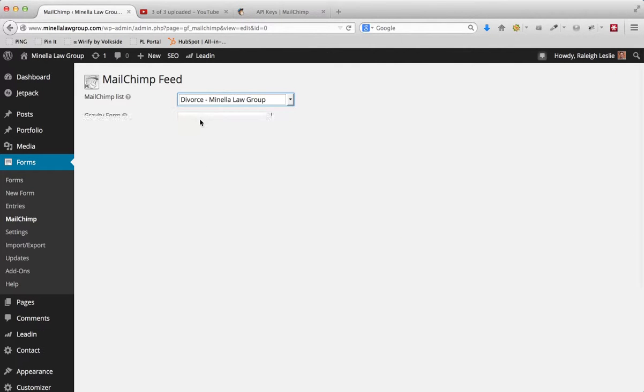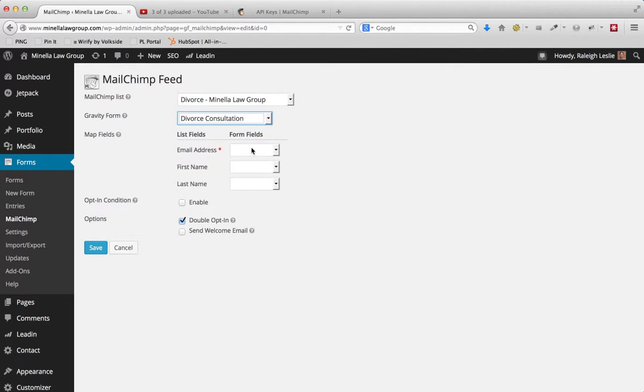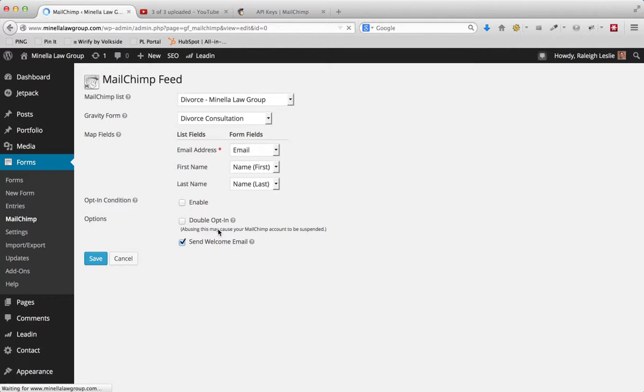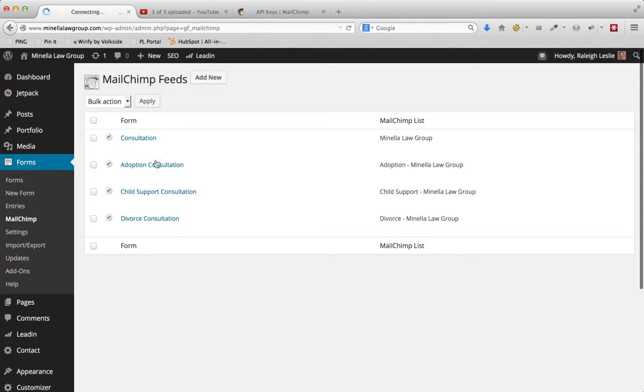I'm going to select the final service area. I'm going to select the corresponding Gravity form, and that's going to load up the field mapping. We want to link up email to email, first name to first name, and last name to last name. We don't need double opt-in, but we do want to send a welcome email, and save. That's going to say feed updated and back to the list. And you can see that's all it takes